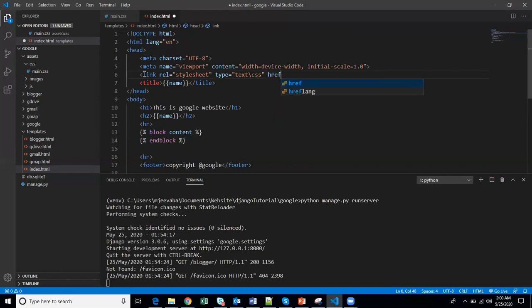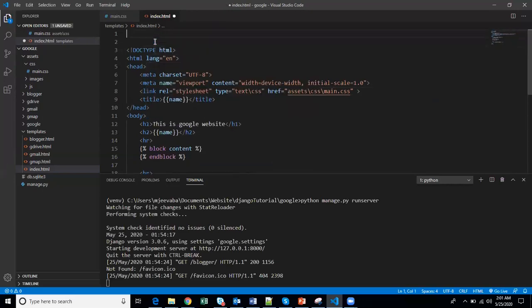Href is the link that will be given to either the CSS or the file path. I will be giving assets/css now, but we have to modify many things. Let me just give it, and then we will modify. This is how we usually give it, but for Django we have to do some kind of static file handling. To load a static file in Django, we have to give load static.